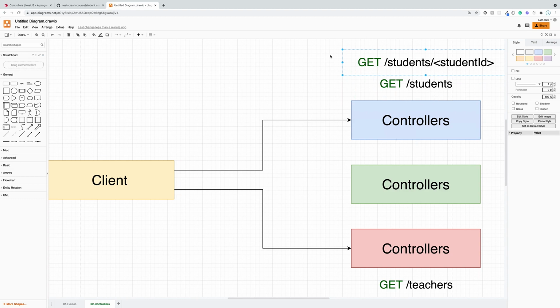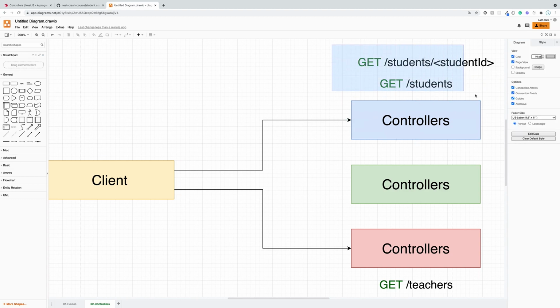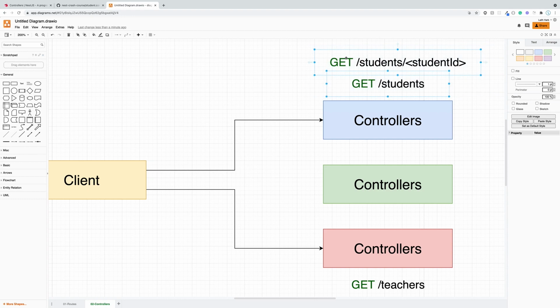But as you can see here, this controller is actually handling multiple routes. And it doesn't even have to handle just GET requests. One controller can handle 10 or 20 or even 1,000,000 routes, as much as we specify, and they can handle GET requests, and we can handle POST requests, and we can handle delete requests. But typically a controller is going to house